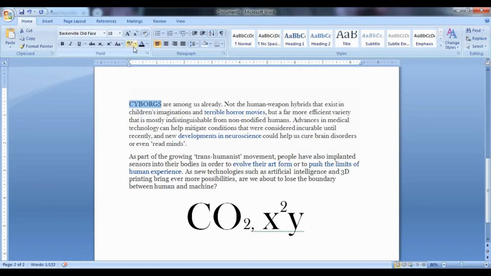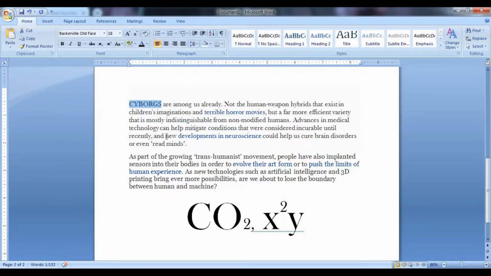Then coming to this one, this is used to highlight your text. This is like a text highlighter which you use. For example, when you are reading a textbook or some important article, to highlight a text you use a highlighter so that the text gets more prominent. In the same way, you can use the text highlighter here.